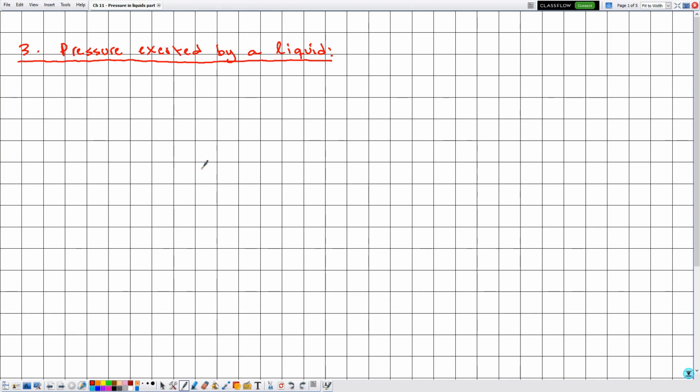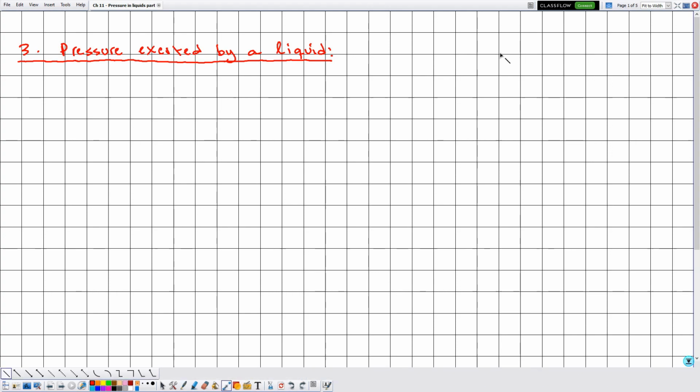Previously, in part 1, we discussed the atmospheric pressure and stated Pascal's theorem, and we also discussed the pressure exerted by a liquid on a point inside the liquid, but we didn't yet discuss how one can calculate the pressure or the atmospheric pressure, which is the aim of this section. So let's consider a container